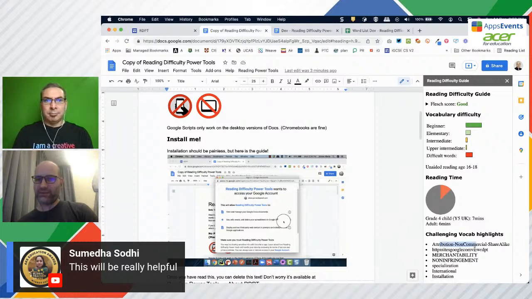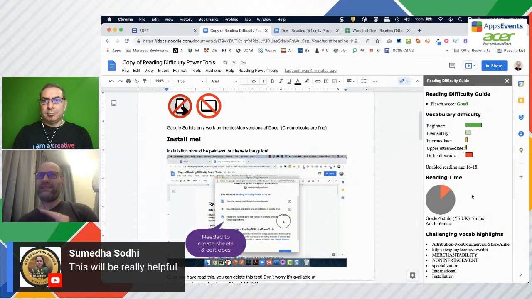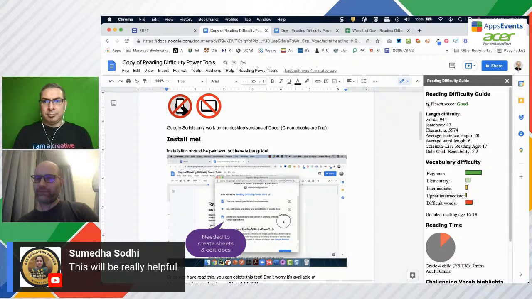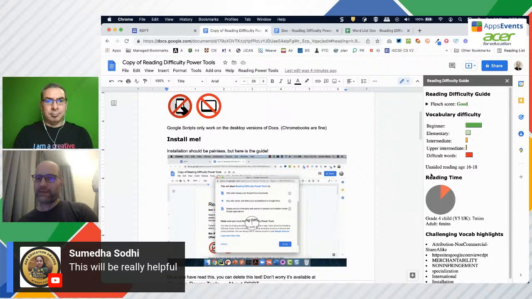Things like these words here, merchantability, non-infringement, are all words I absolutely need in there to be quite clear that I'm not providing you with any warranty, but would create challenge. If you're interested in linguistics, there's a little bit more detail there. But really, it's about the reading time.